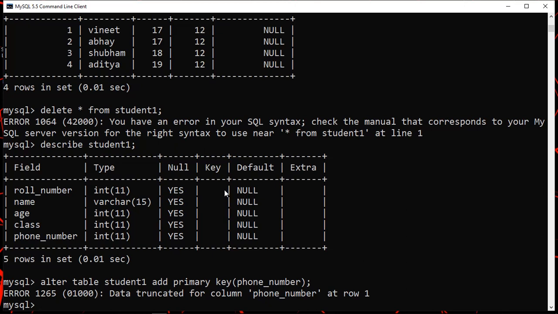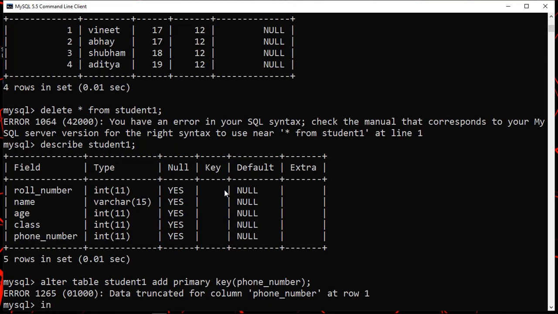So you have to set a particular field as a primary key which does not have duplicate entries. Obviously the phone number will not be duplicate for the students. So here we are having this problem because we have not entered any phone number inside this particular table. If you want, let's insert some values randomly inside the phone number, and then let's try to create it as a primary key.